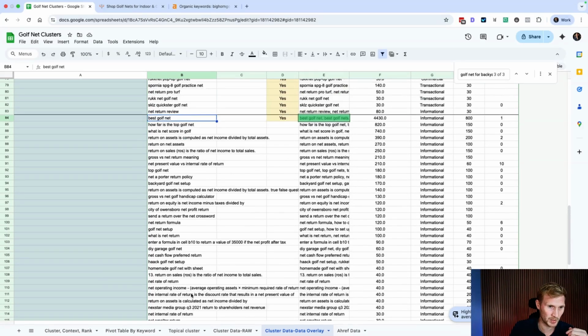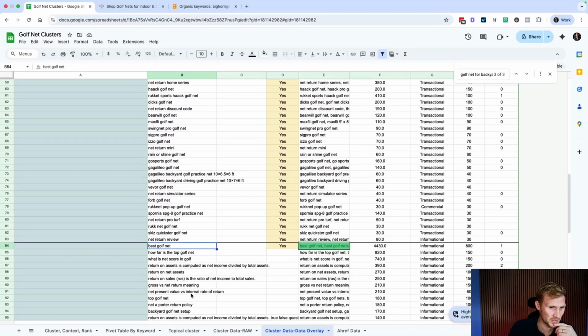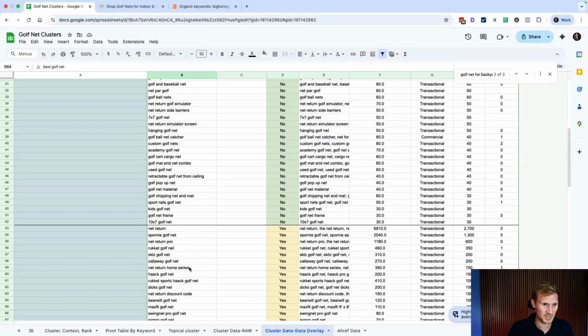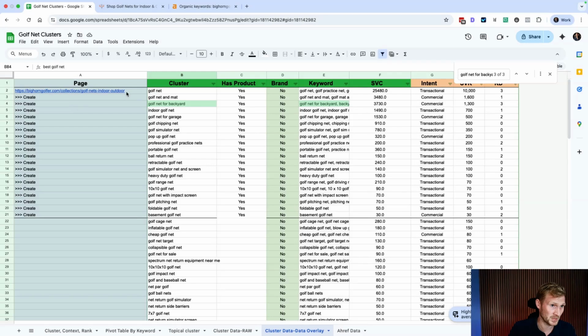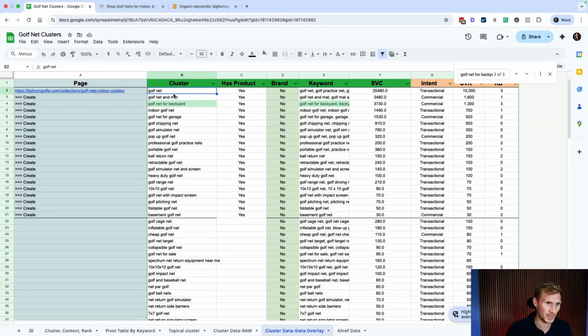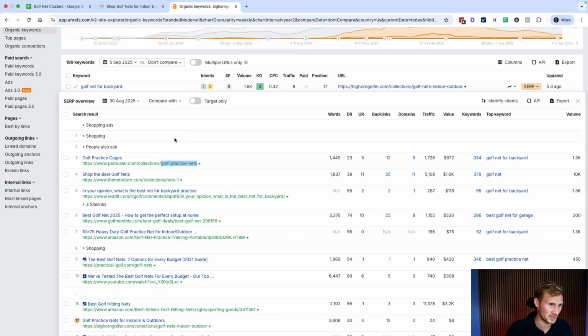Get into Ahrefs, get into Reddit, find more topics, and having around 7 to 10 blog topics to support this category is going to allow this page here to rank for the main one and all of the additional secondary keywords as well. And that setup, along with having the right things in the menu, is enough to rank this in the top 5 or something like that, or top 10. If you push 1, 2, 3 internal links, and if you go and do a little bit of link,